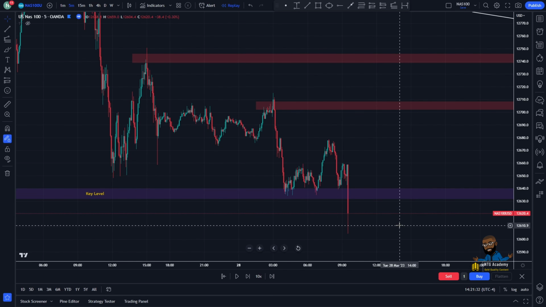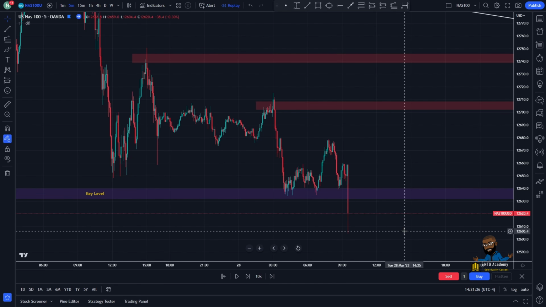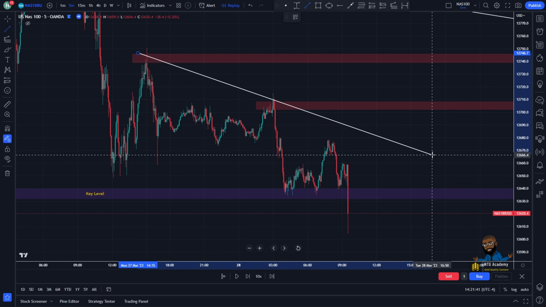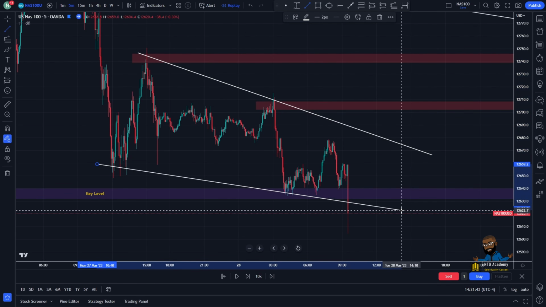Normally I like to trade the New York session. Okay, guys. So make sure you guys keep that in mind. New York session for NAS. So I wake up in the morning and I do my analysis. So when I had woken up, I had drawn out this nice wedge here. So I had a falling wedge here.